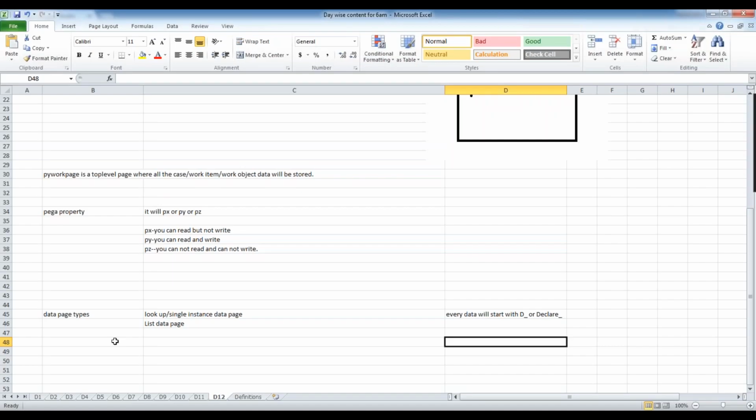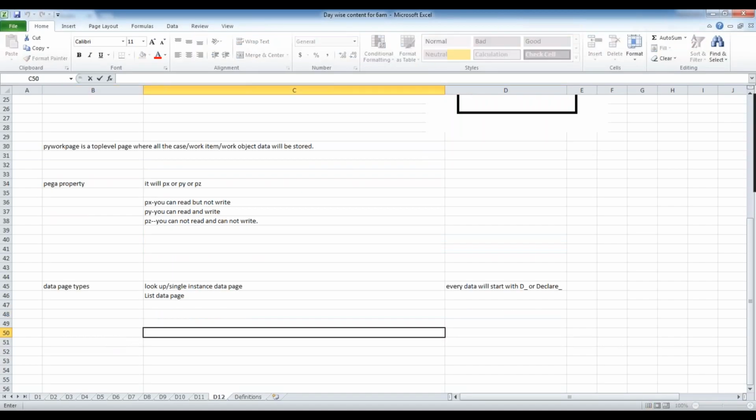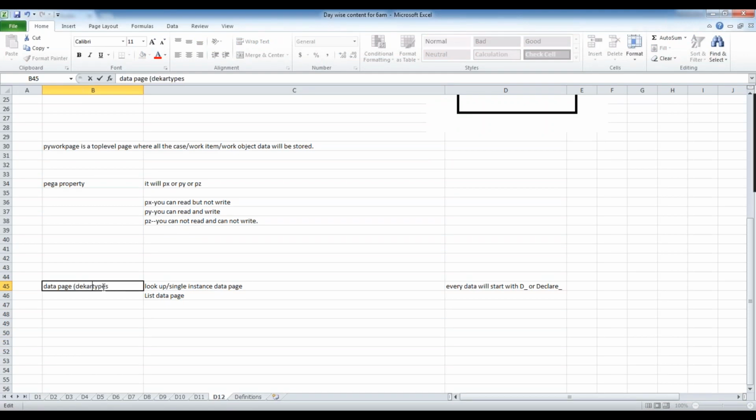Now, what is the main use of this? A data page is mainly useful to store the data. It can't do anything else, just store the data. So we call them data pages. There are different terms again: data pages or declarative pages. So don't get confused by this name as well. If you are working on older versions, they use the terminology declare pages.